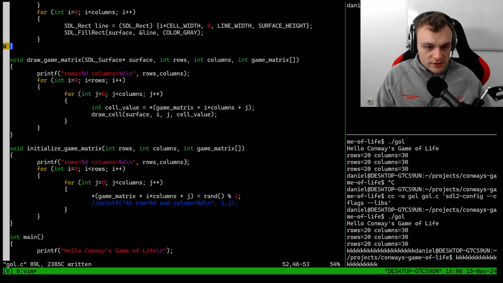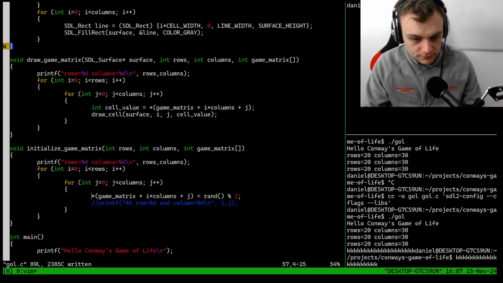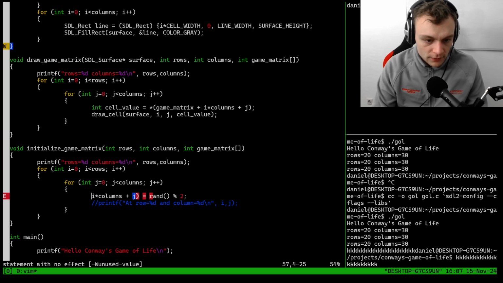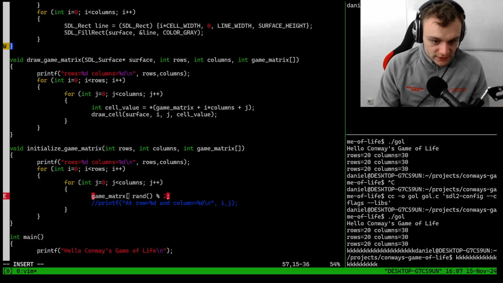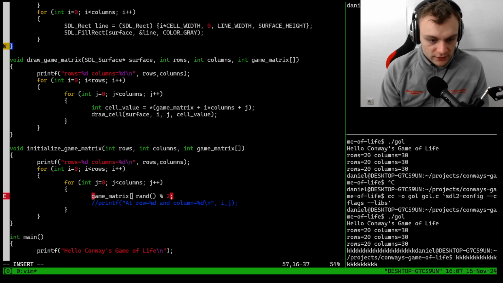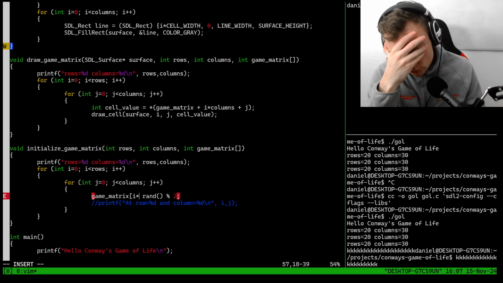And inside the initialized game matrix, we're going to loop over rows and loop over columns. And the value of the game matrix at the array index number I multiplied. Okay, I would like to